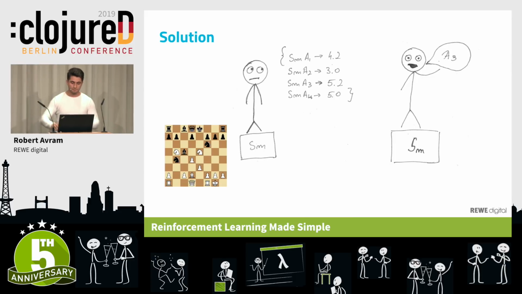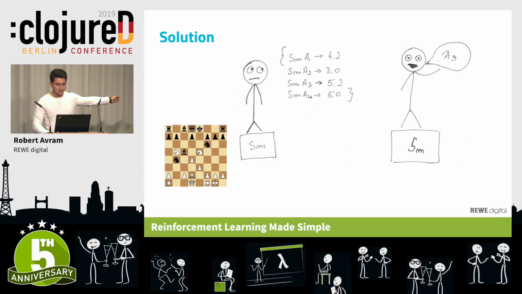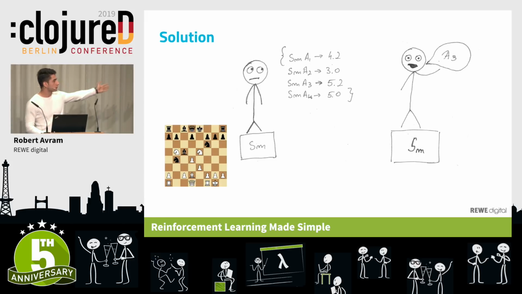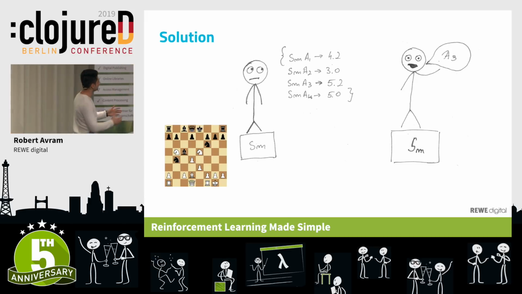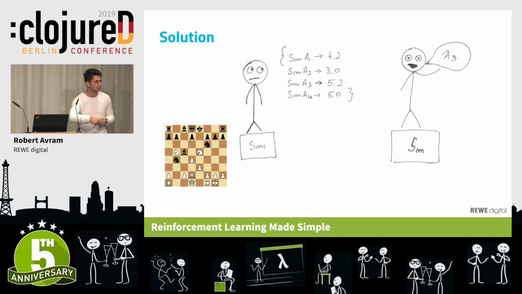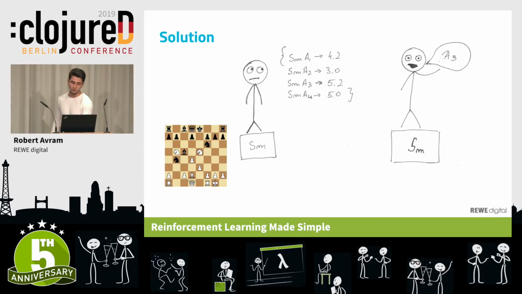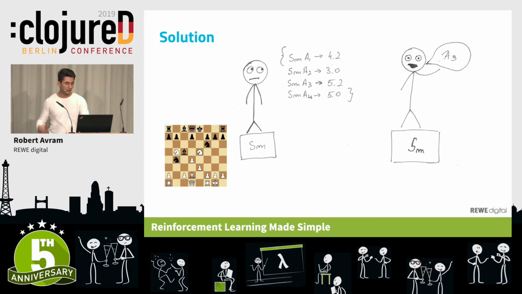So in this case, in this state, the action with the highest value is A3, so he's going to always pick A3, and he's going to the next state, pick again the highest value, pick again the highest value, which basically translates into, in chess, for example, he's always going to play the strongest moves that he knows so far. And that's how you derive optimality. But this is basically dependent on how much he's learned.